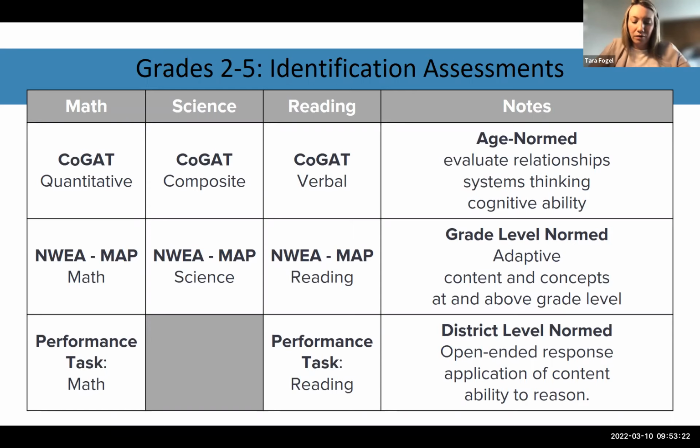When you're looking at this from a holistic point of view from just your student, they will not be taking more than 2 hours of testing per week. We were really crafty and intentional with our testing calendar to ensure that even if a student was testing for all 3 subjects, they would not spend more than 2 hours out of their general class time testing. So in 1 week, it may be 2 tests. If they're doing the COGAT, we have a little bit more flexibility because that's a shorter test. So in 1 week, they may do all 3 of those, but we've been really intentional about making sure that your students are not going to have some sort of testing fatigue and that their performance will be indicative of what they're able to do.